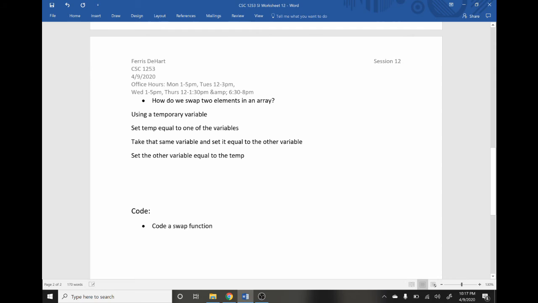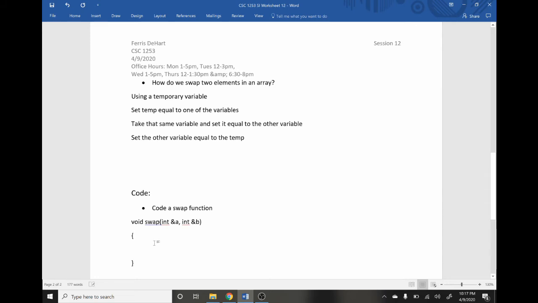Okay, so we don't really need to return anything, so we'll make it a void, but we do want the variables to change, so we will need the ampersand signs. So we'll have int a and int b. Alright, and so we need to start off by using a temporary variable, right? We need to start off by creating a temp. So we'll do int temp,